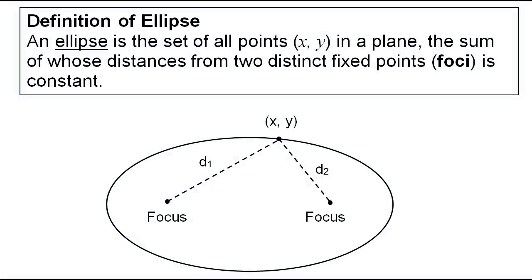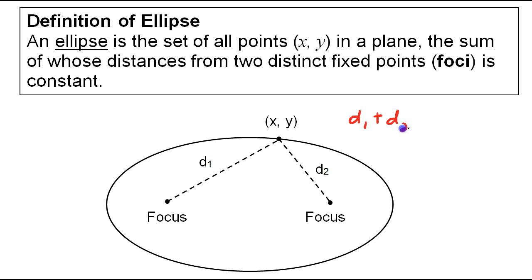Okay, we're going to look at ellipses in this video. First of all, the definition of an ellipse is a set of all points x, y in a plane, the sum of whose distance from two distinct fixed points, called foci, is a constant. Foci is the plural of focus. So in this case, let's say that d1 plus d2